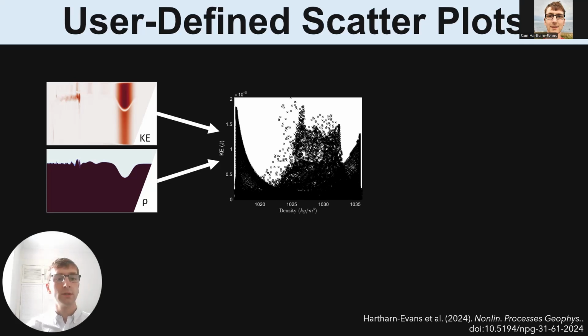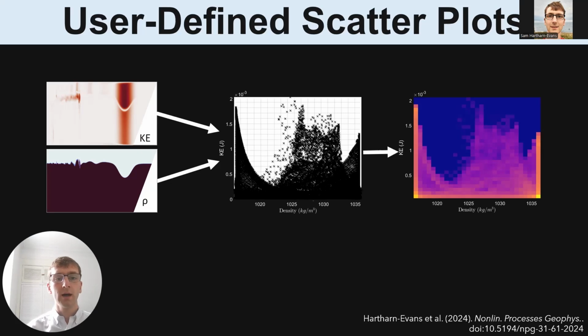We plot on density kinetic energy space where each grid point in the original model output falls. And we split this up into bins, and we sum up the volume associated with each of those bins to produce the user-defined scatter plots shown on the right. From here, we can see immediately that we have a lot of kinetic energy associated with the high and low densities, which is what we might expect looking at these diagrams,